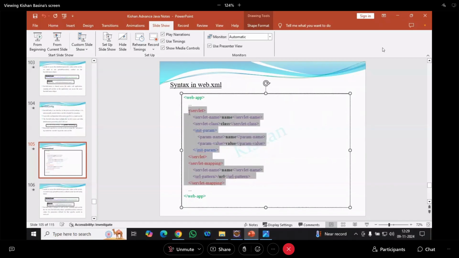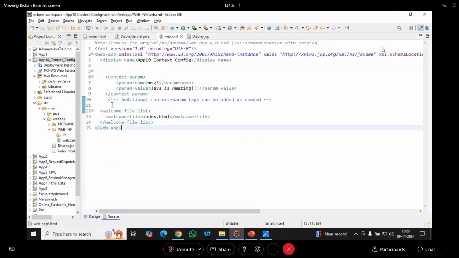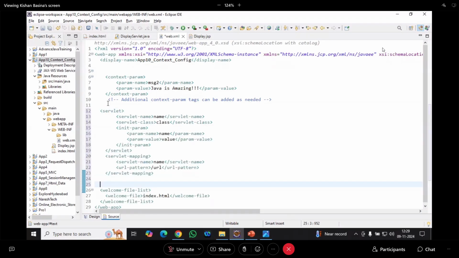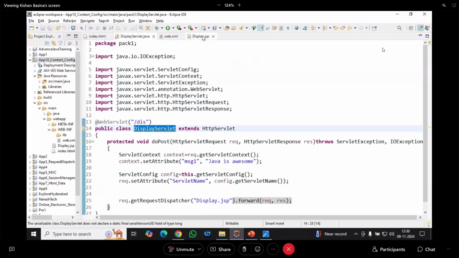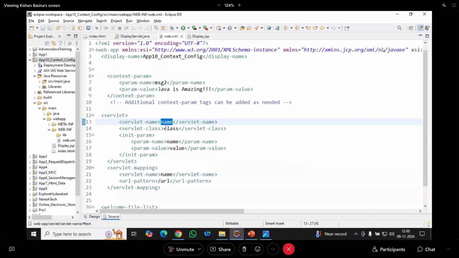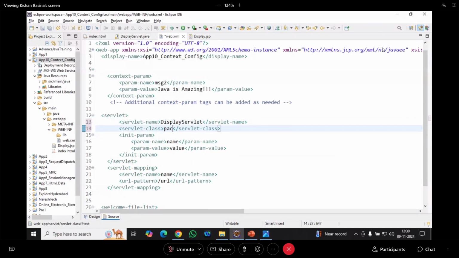Let me copy this, and here, where is our web.xml? This is our web.xml. Now inside this web.xml, I'm writing like this. What is the name of our servlet? DisplayServlet. In which package is it present? Pack1. We need to give the fully qualified name, including the package name. After that, I'll go with message 4. Param name, message 4. Param value,